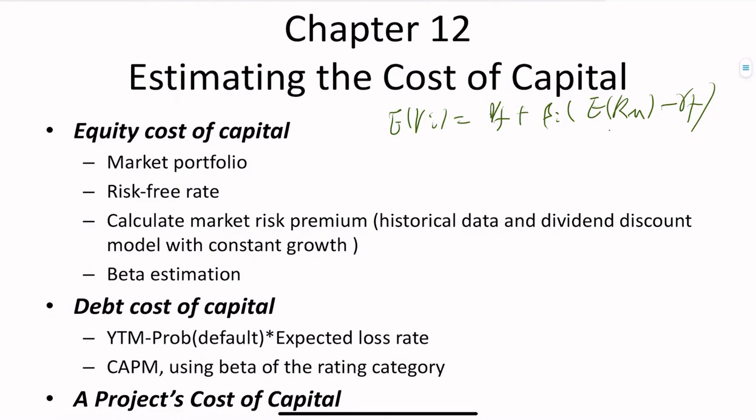So it's very important for you to correctly estimate the expected market return. If we use the dividend discount model with constant growth, then we could back out the expected market return. The idea here is quite